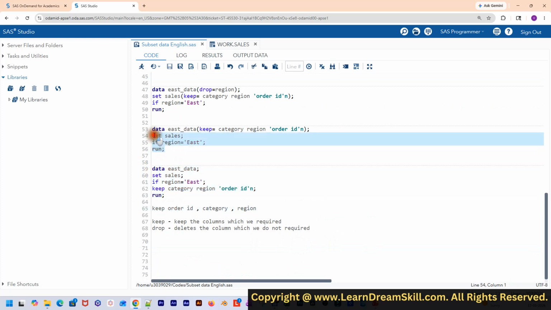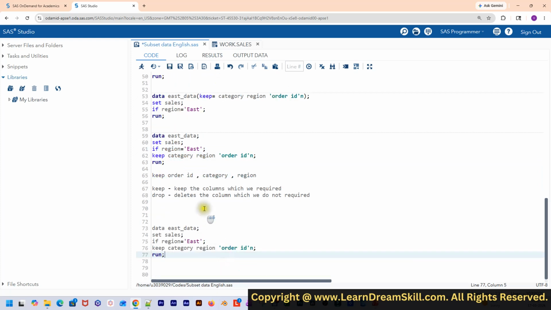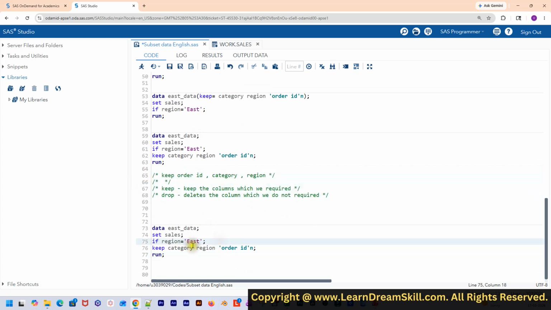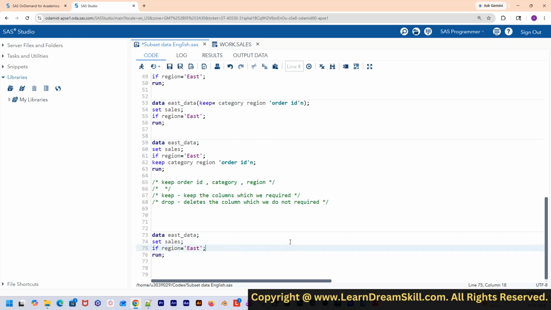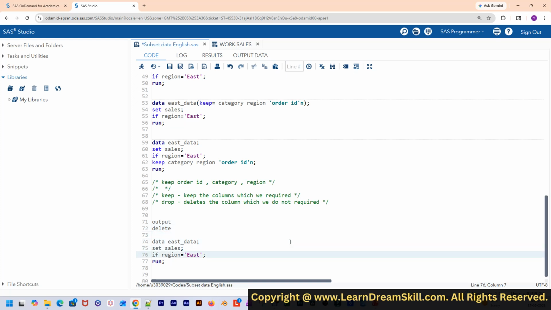Let me copy this and add this to a comment and keep this. So we do have two more options, which are output and delete. I'll be explaining how these options are used. So sometimes what you need to do,